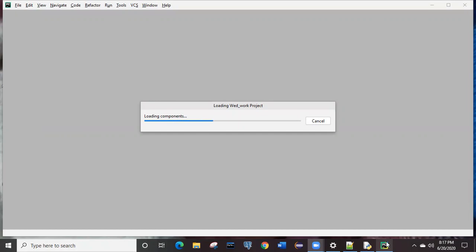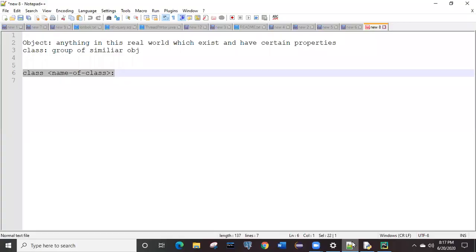So the basic syntax for creating a class is the keyword class, then the class name, then a colon. And if you don't wish to write anything inside the class, that is also correct. Like on line number 6, you can see the class is simply created without any content.